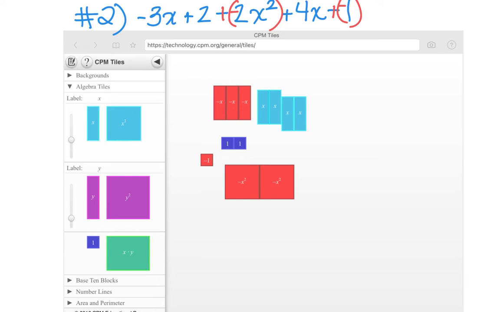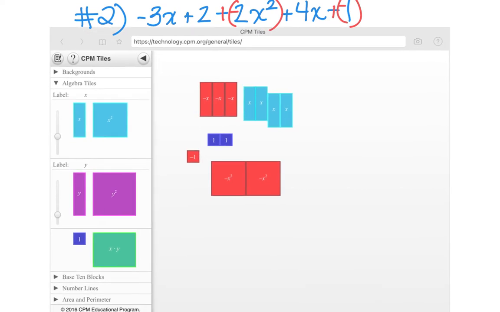Now it's time to simplify. I see that I have 3 negative x's and 3 positive x's. Let's see if it's going to let me drag here. Probably not. Oh, there we go. So I can highlight those 3 negative x's and 3 positive x's. That would equal 0, so I can pull those right off my screen. I also have a negative 1 and a positive 1, and that makes a 0 pair. What's left is my simplified